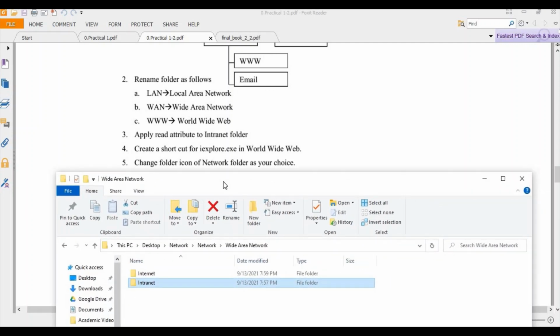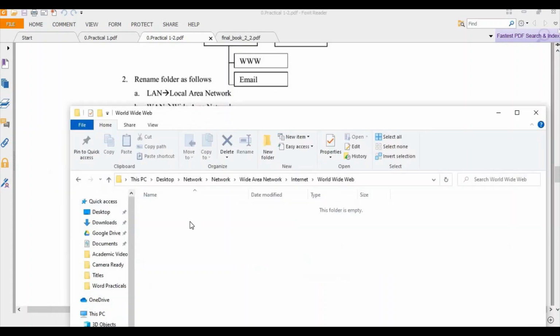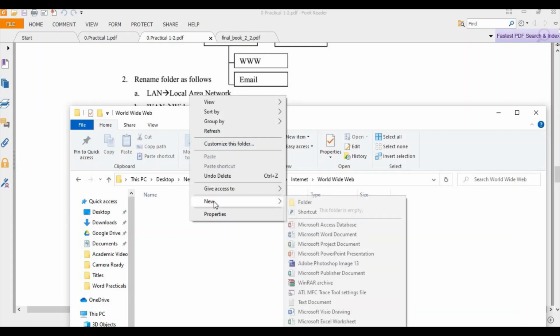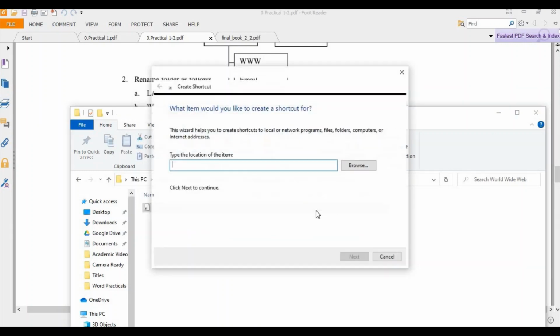Okay. The fourth question, create the shortcut for Internet Explorer in World Wide Web. So inside the internet, World Wide Web is there. Just open. Inside this, I want to create the shortcut of Internet Explorer. Just right click here, new shortcut.